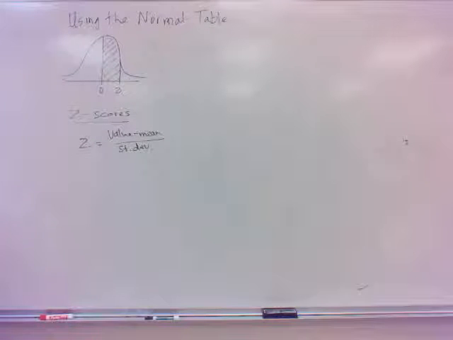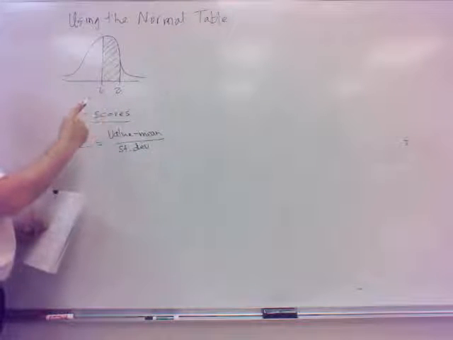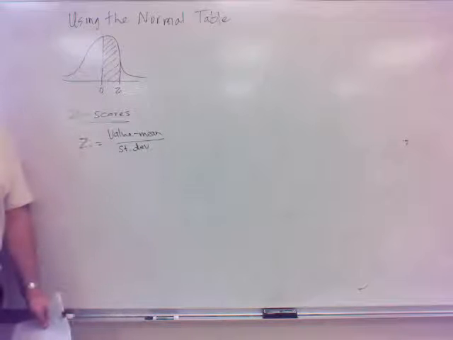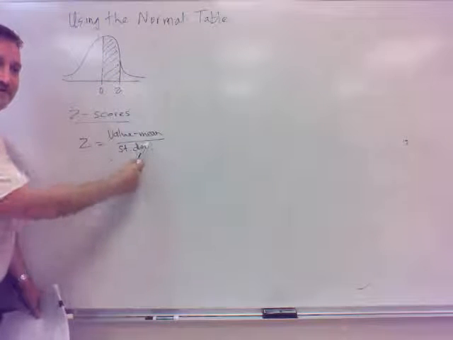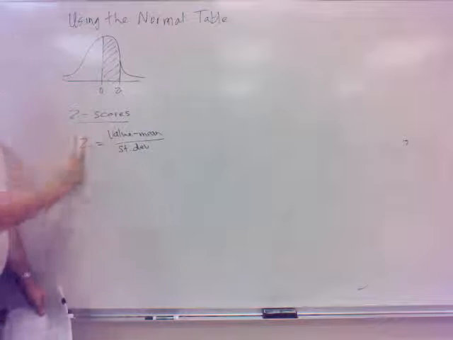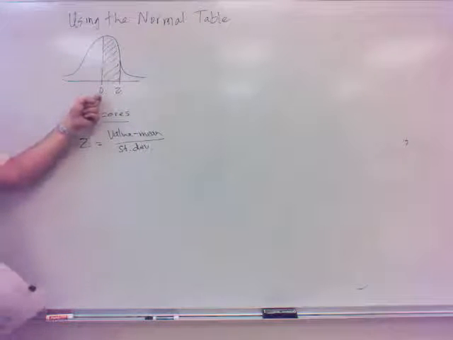on the table. Now, what the table gives me then, oh, and by the way, why is 0 in the middle? I thought the mean was in the middle. Well, what's the z-score of the mean? Mean minus mean divided by standard deviation. Wouldn't that be 0? Yeah. The mean's z-score is 0, so that's why they put 0 in the middle here, because that's the z-score